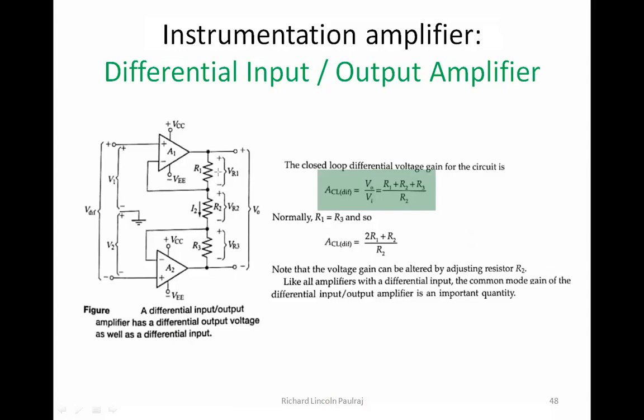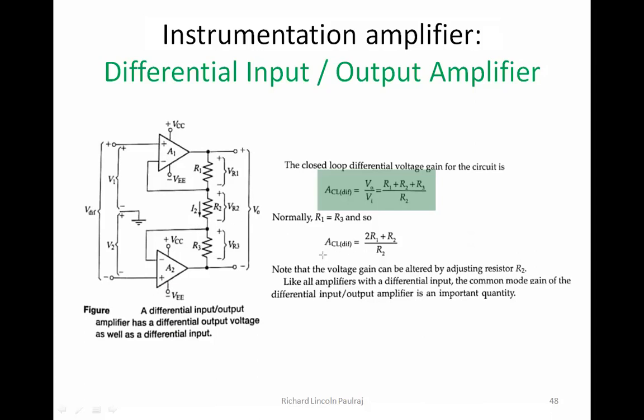Suppose I take this as 10K, and I'm going to make R3 also 10K. The reason why is because I have two op-amps and I want them to be identical, right? So I'm giving the same plus VCC and minus V, same plus VCC and minus V. And of course, as much as possible, I'll try to give the same voltages, V1 and V2, but there's going to be a slight difference. But the resistors also, I would like to make them the same.